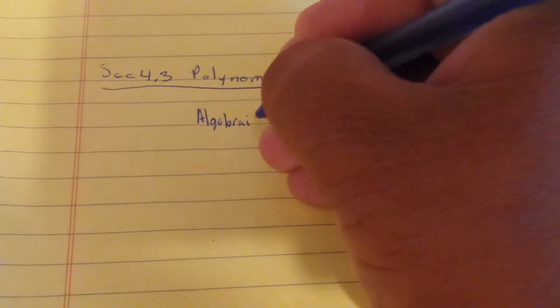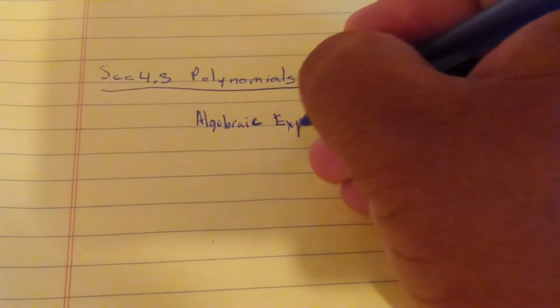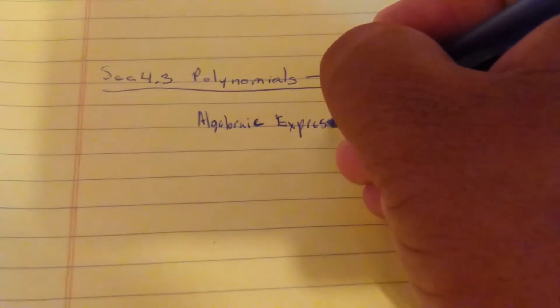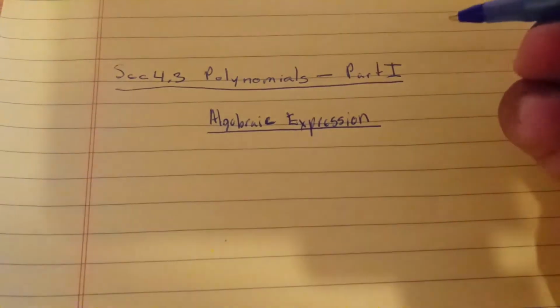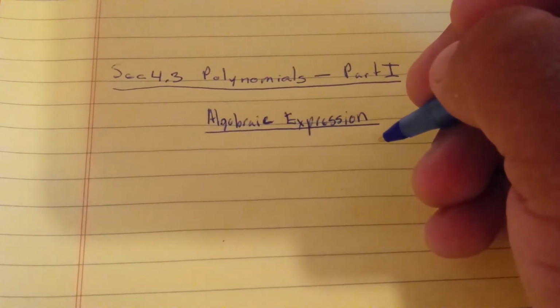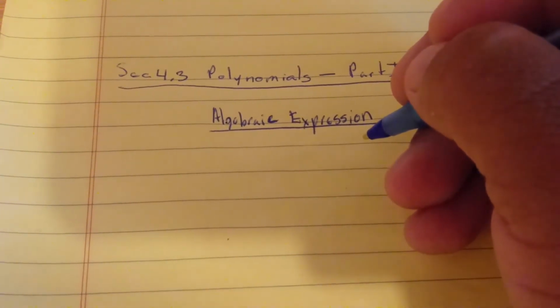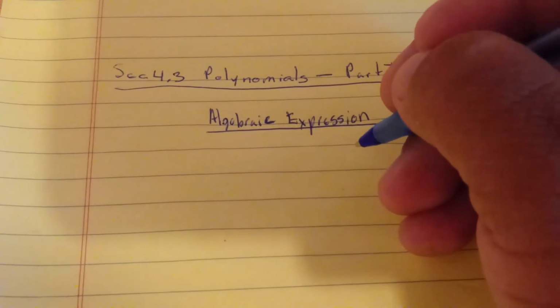Now, a polynomial, like I stated before, is an algebraic expression. So we already know what an algebraic expression is. It's not an equation. It just represents an expression as far as either adding, subtracting, multiplying, or dividing. So if you take a look at number 1a right there,